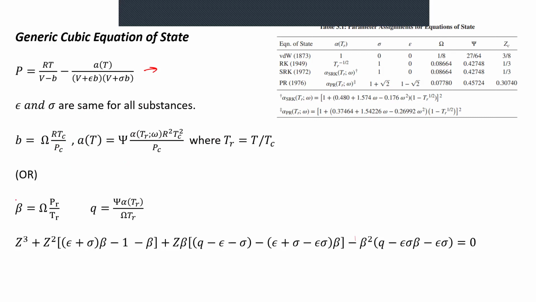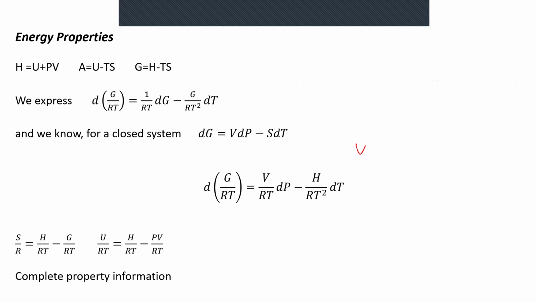I had forgotten last week that it can be transformed this way, where we get a cubic equation in terms of Z, the compressibility factor. We can find three roots here based on beta and Q. Okay, so coming to today,